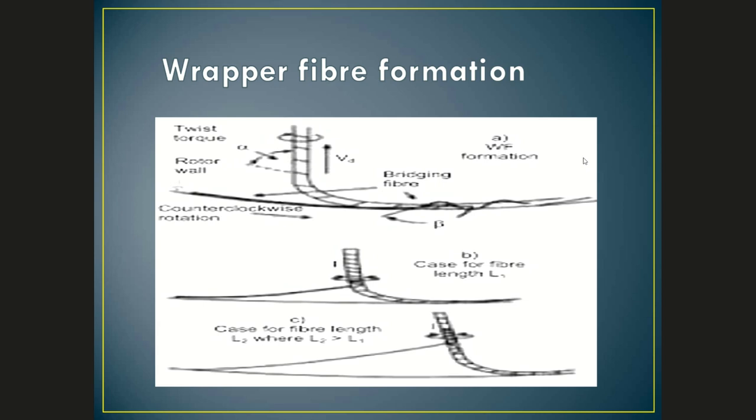It means this is again indicating there are good chances that fiber disorientation is taking place, and that is the reason the rotor spinning system is giving you a lesser value of Kf in comparison to ring yarn. At the same time, this also explains that the moment I use longer fiber, the chances of wrapper fibers are likely to be more in comparison to shorter fibers. And that is the reason it is not advisable to use longer fiber on a rotor spinning system, because we are not getting any advantage of this fiber length.